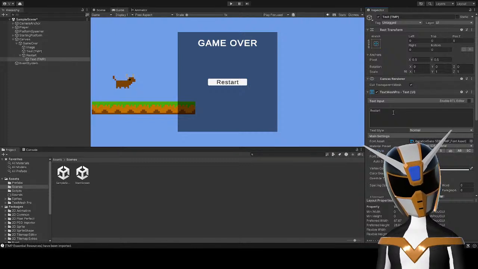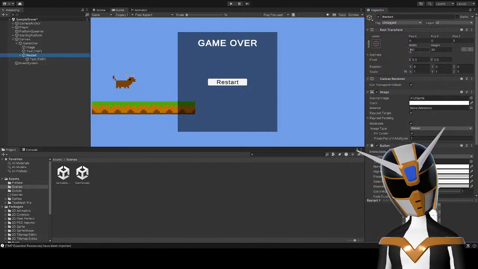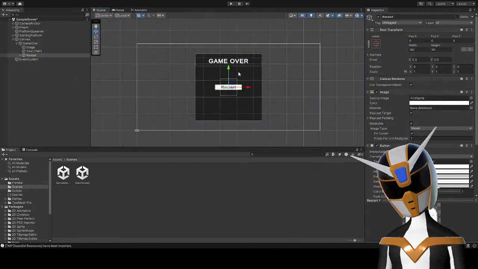Making it bold doesn't really do that much for it. Neither does that. You know, I can leave it as it is right now. I can make it look nice later.